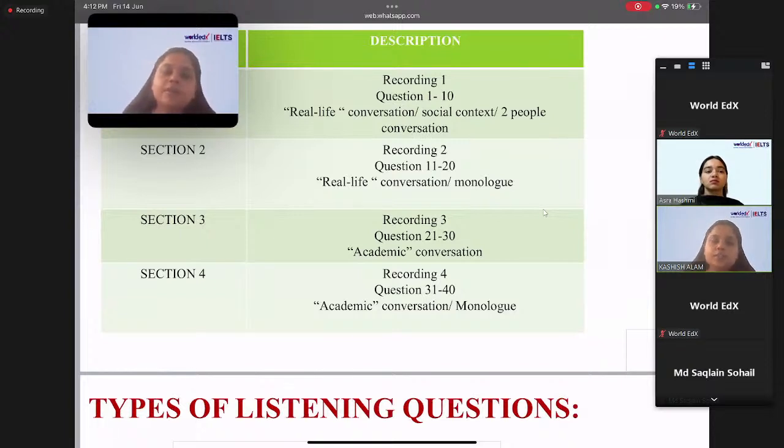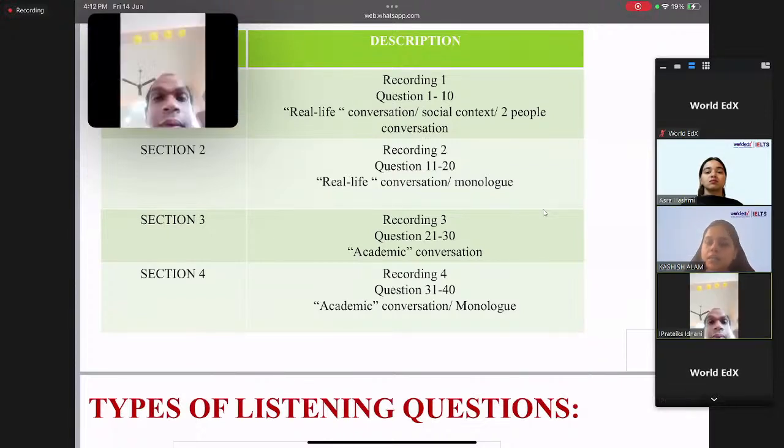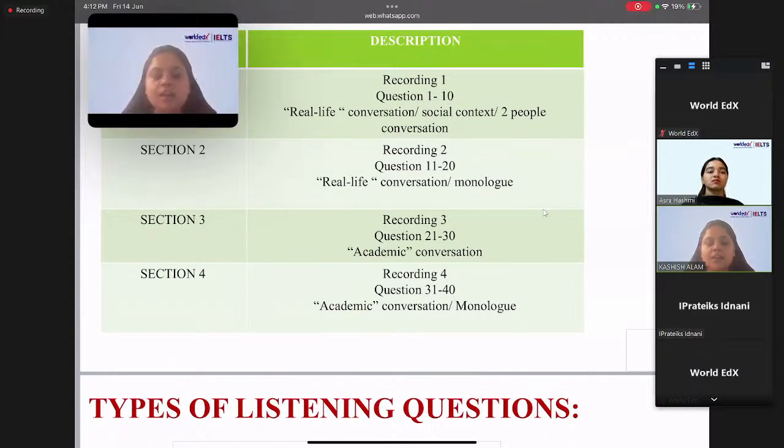Now you move ahead to the second section, and the second section, again, there will be 10 questions. Again, it will be based on social context, and it will be a real life conversation again, but it is going to be monologue. Now, what is meant by monologue? Monologue means that only one person is speaking. So this conversation will be given by only one person, but since it is based on the social context,